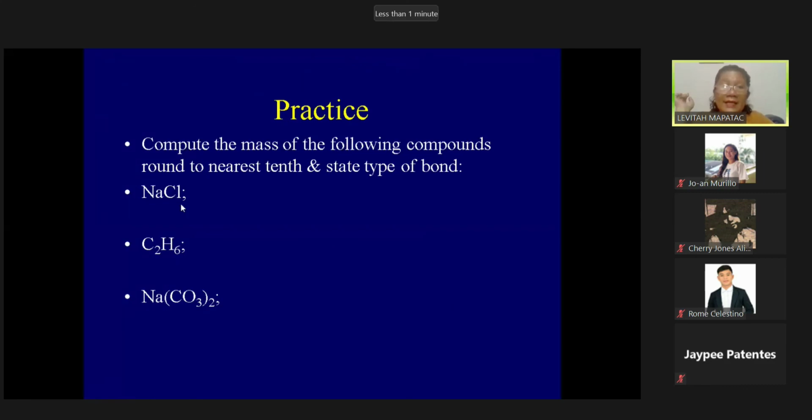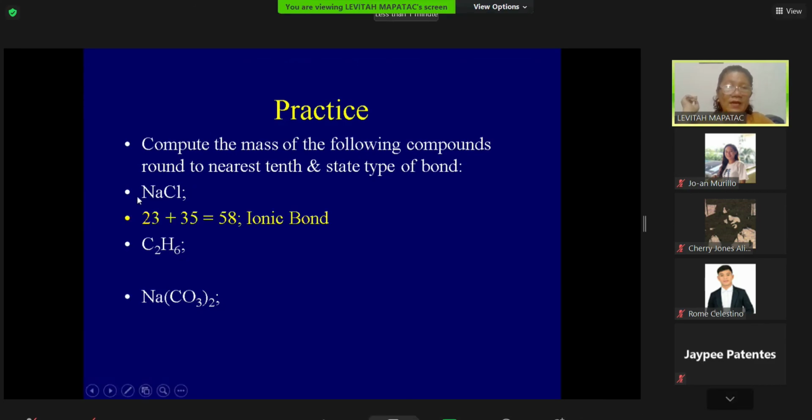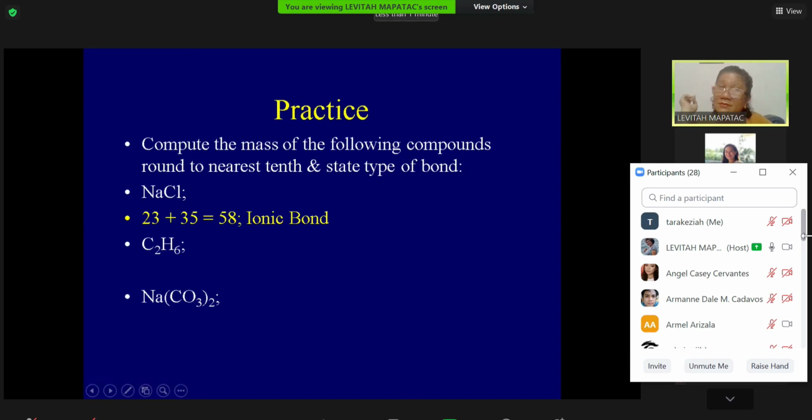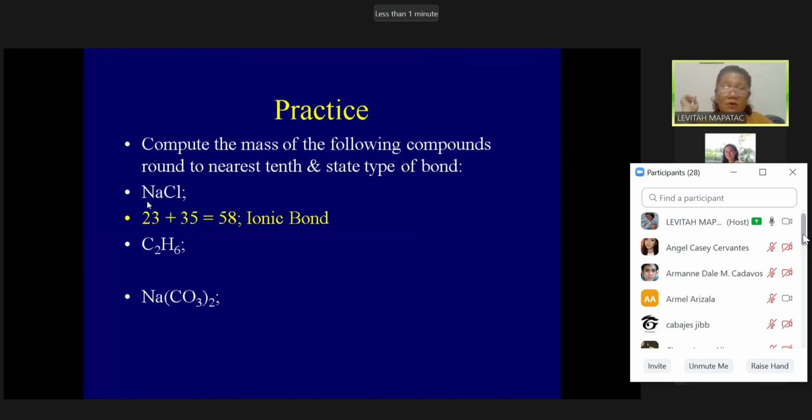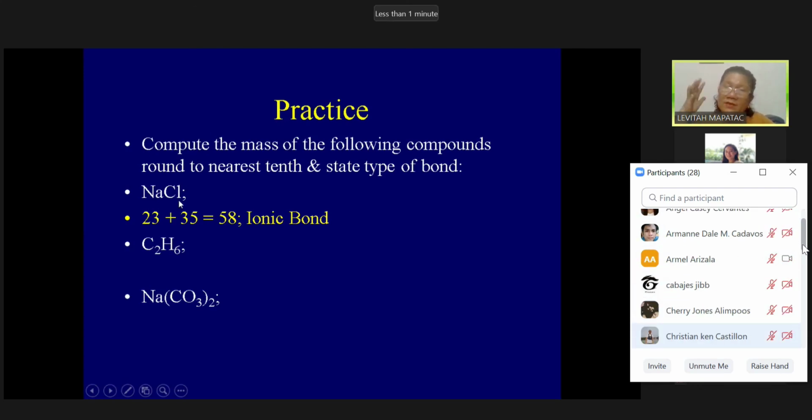So, let us compute this. Okay. For sodium chloride, round it to the second decimal. Okay. Therefore, what kind of a bond is this? It is ionic. Why? Because this is a metal and a non-metal. Okay. Therefore, sodium has 23 point something. Your chlorine has